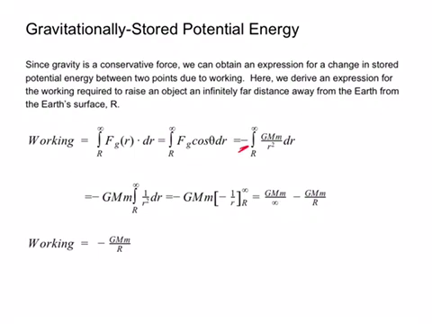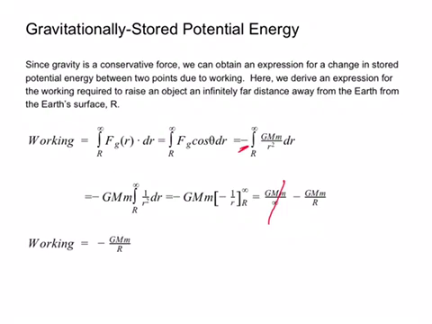We'll substitute our expression for force of gravity. Pulling out our constants, we get a cleaner integral to work with and just integrate with the power rule. Evaluating from R, where our object starts, to infinity, we get this difference here. Notice that if the denominator of a fraction is huge, the fraction gets smaller, and if the denominator is infinitely huge, like we have here, then that fraction is 0. And we have an expression for the work required to lift an object from the surface of the Earth, R,